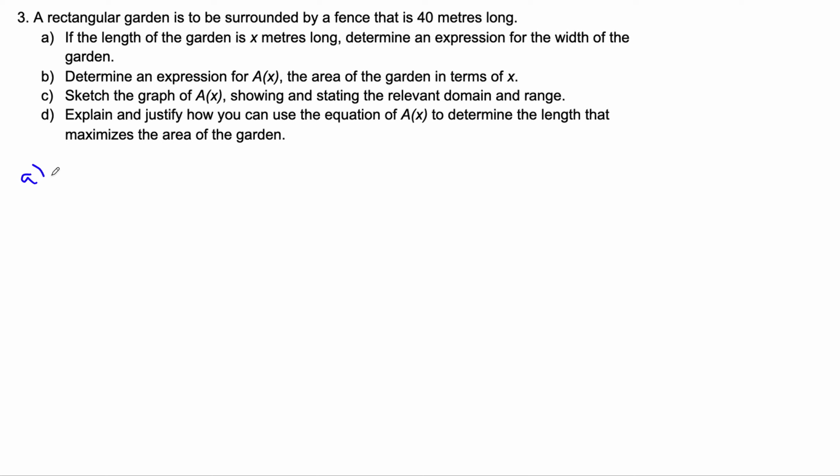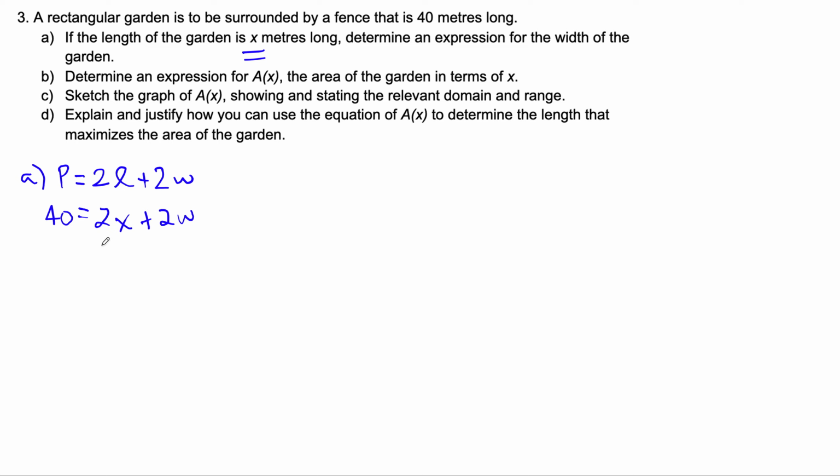Okay, so we should know that for a rectangle, the perimeter is 2 times the length plus 2 times the width. The perimeter in this scenario is 40. The length is x, as it says over here. So instead of L, we can use x. And now we just have to determine this expression